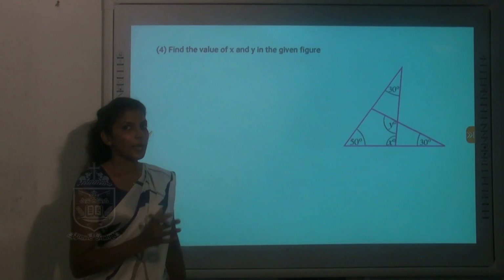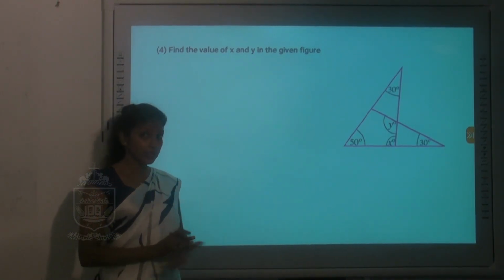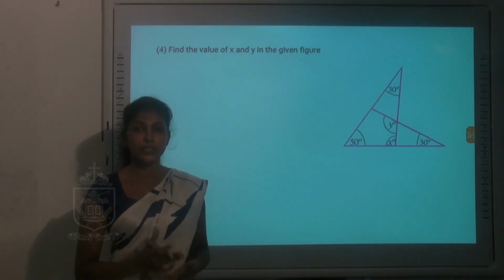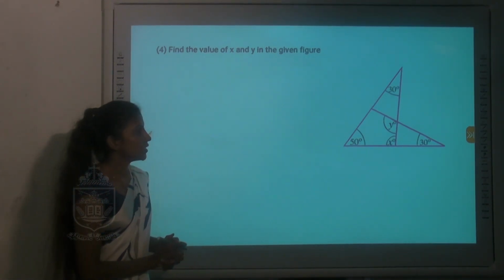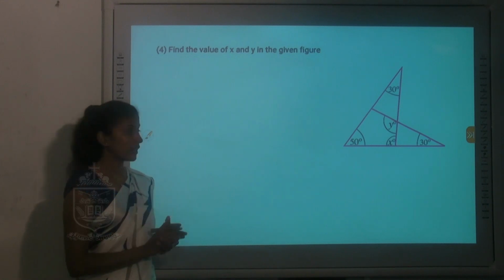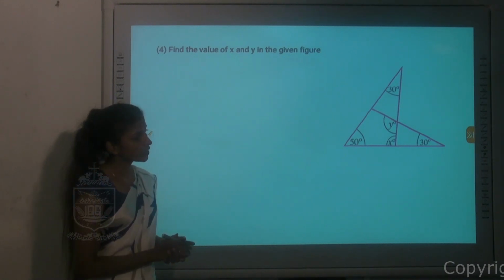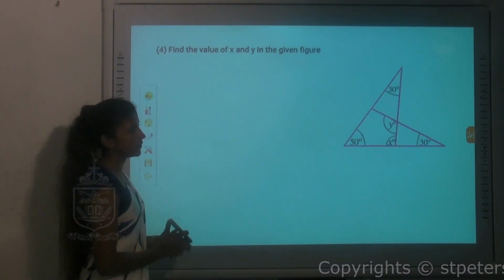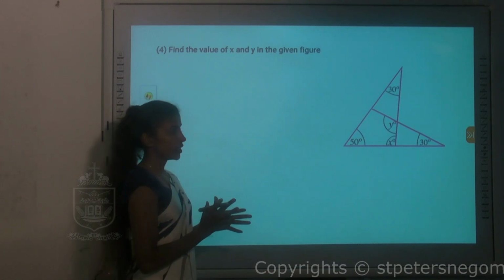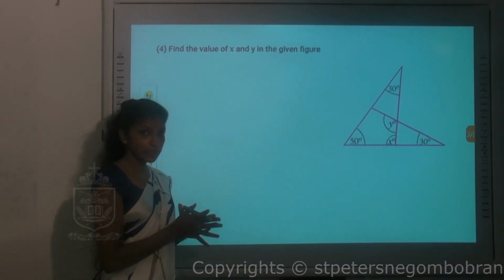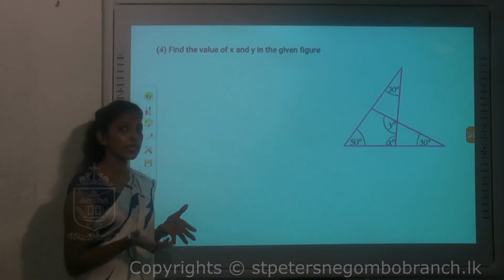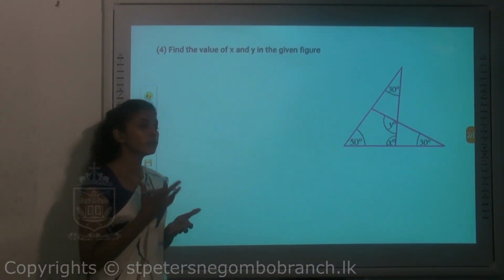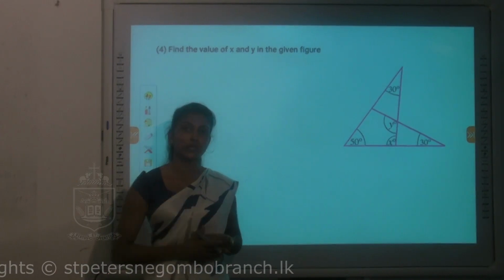Right. Another example given. This is the last example from this topic. So there also you all can see two unknown angles are given, x and y. So this is a little bit a complex diagram, right? So here, now I will show you how we can find. Now think about this triangle. You have to observe the diagram very carefully and you have to think of a way in finding the unknowns stepwise. You know that we can't find both the angles at once. So we have to go in stepwise.